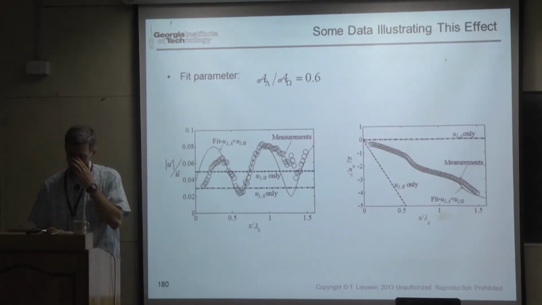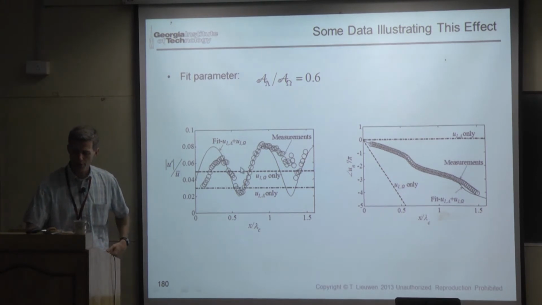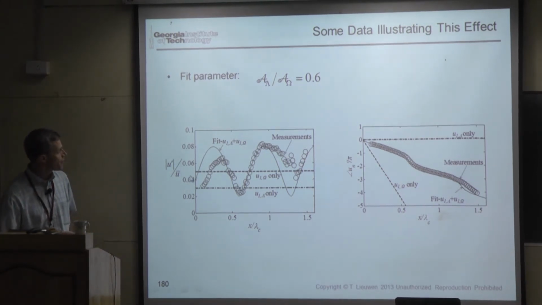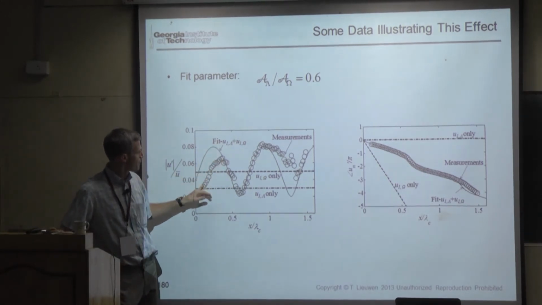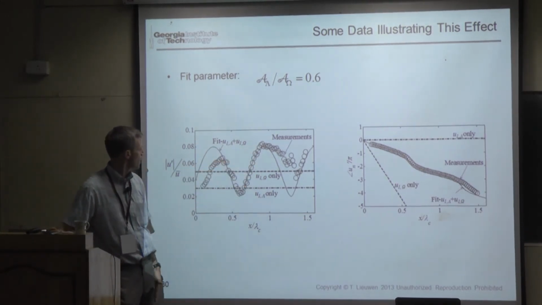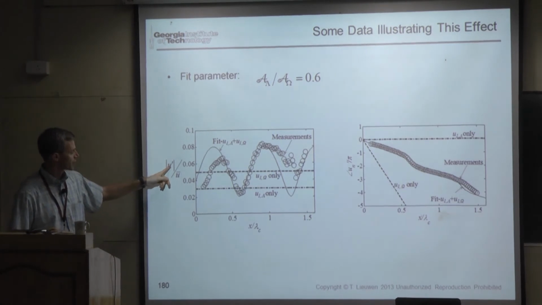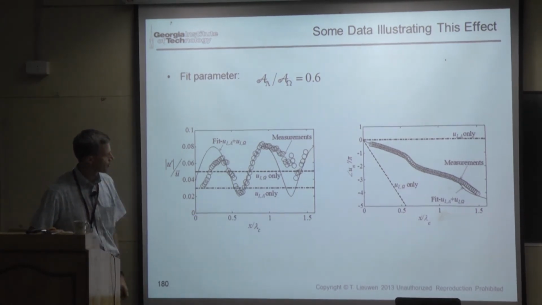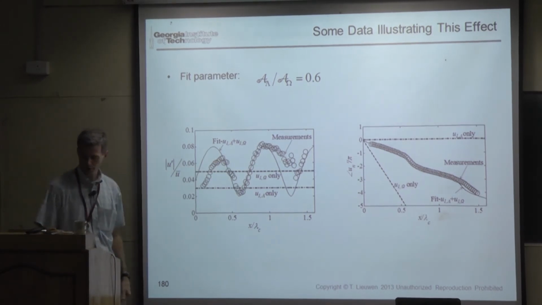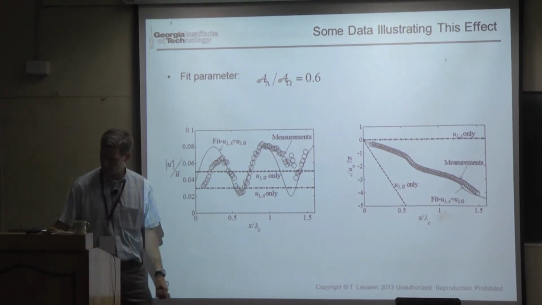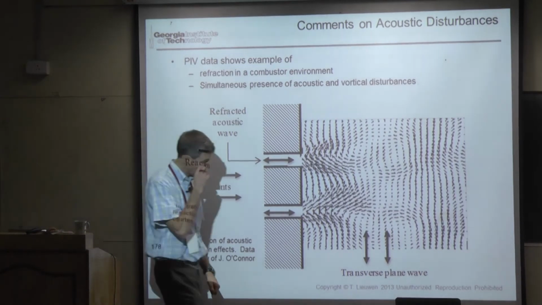But let me just jump ahead two slides real quick. When we measure the magnitude of the velocity fluctuations, forget the fit for a minute, the magnitude is the symbols. I'm plotting the magnitude of the velocity as a function of axial distance. All right. And there I'm plotting the phase of the velocity fluctuation. So what I'm doing here is, let me go back, and